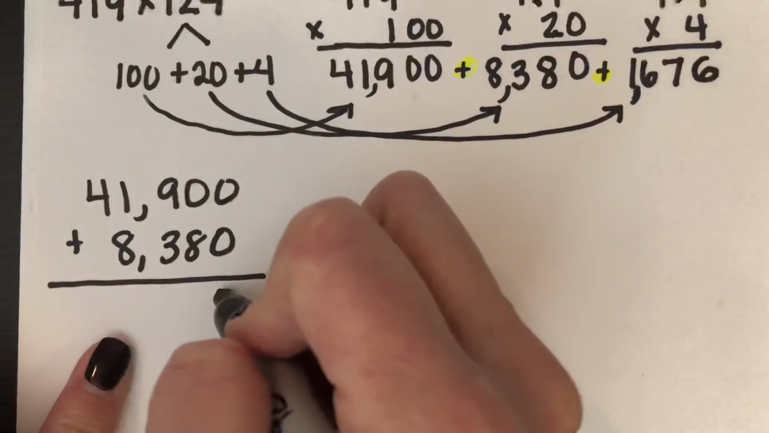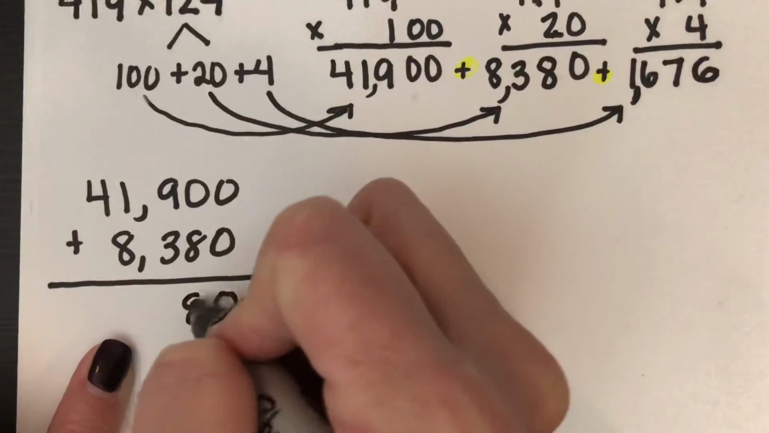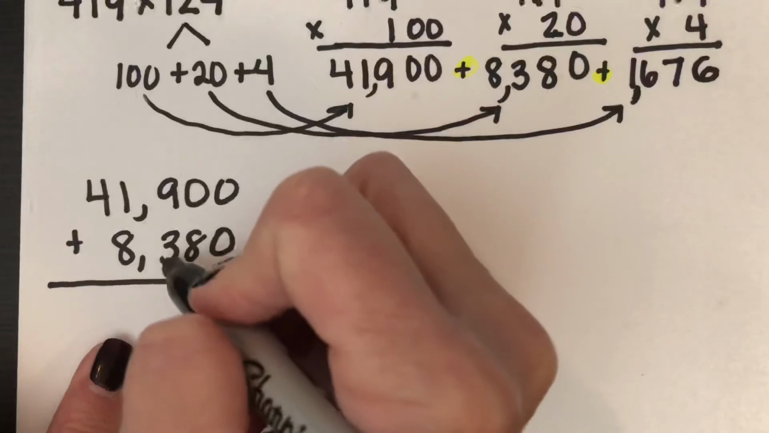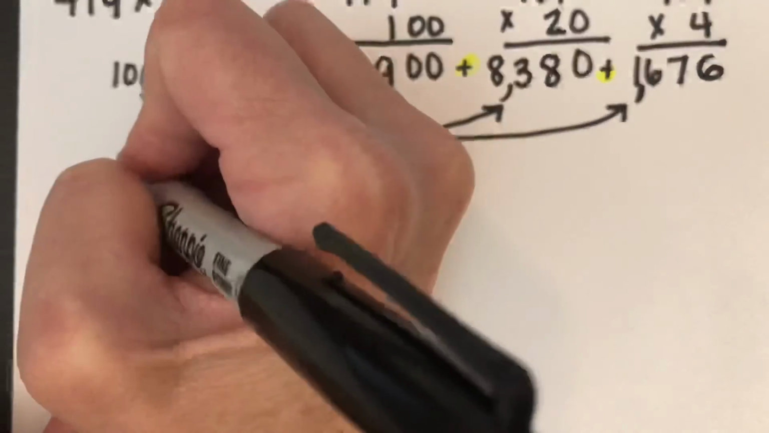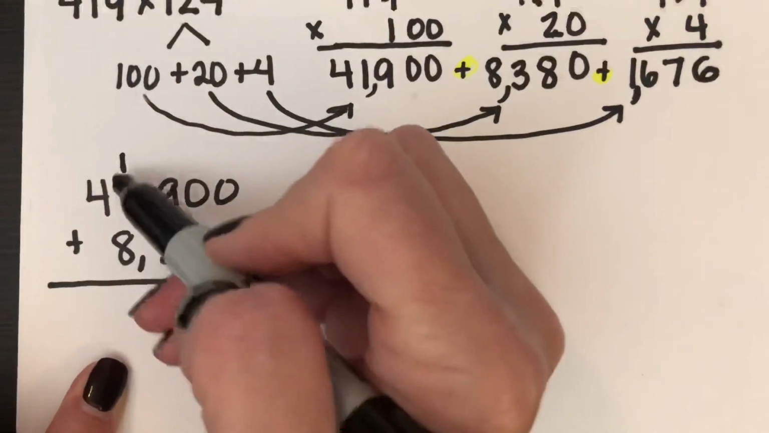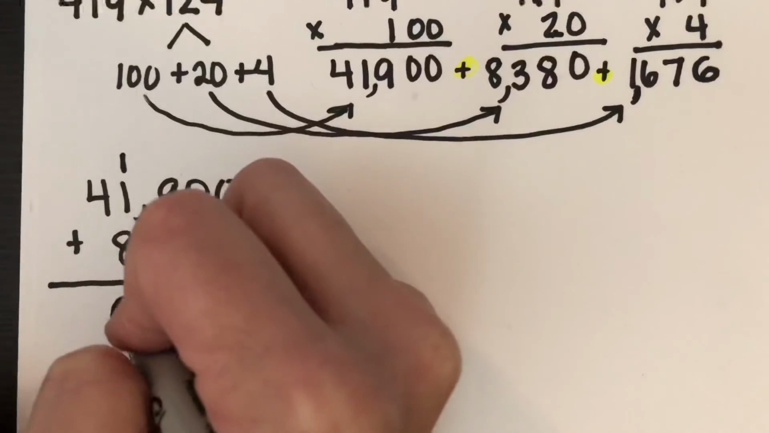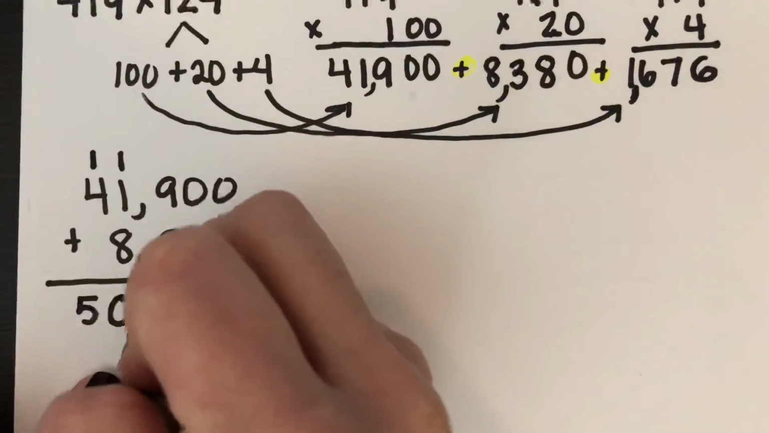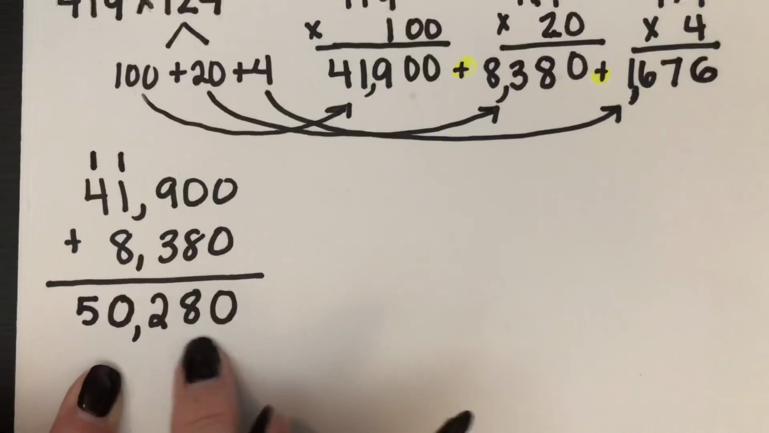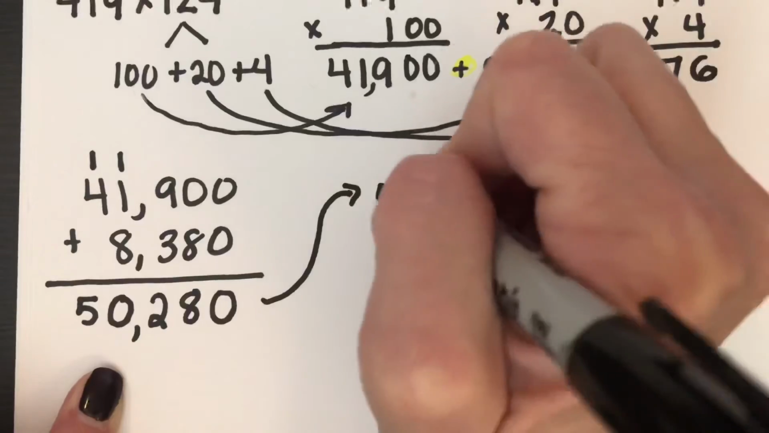0 plus 0 is 0. 0 plus 8 is 8. 9 plus 3 is 12, so I put a 2 there, carry my 1. 8 plus 1 plus 1, so 8 plus 1 is 9, plus 1 is 10, so I put a 0 there, carry my 1. 4 plus 1 is 5. So now I have 50,280. But I'm going to add that to